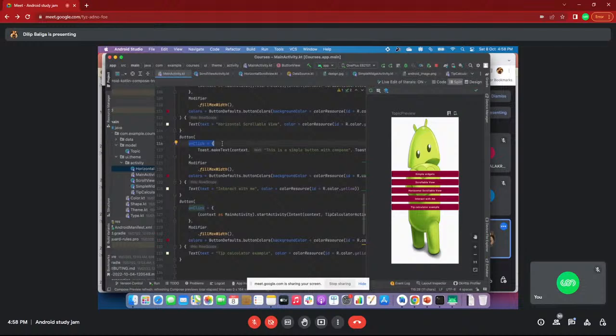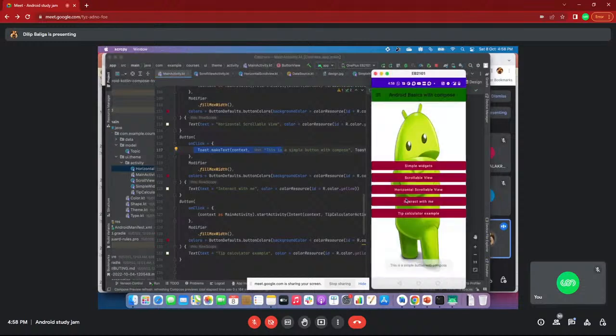Whenever you click, the onClick method will be called, and you can do whatever you want, that's it. I am showing the toast. I think most of you use Android apps, so you see such toast messages everywhere. I think everyone knows about that.